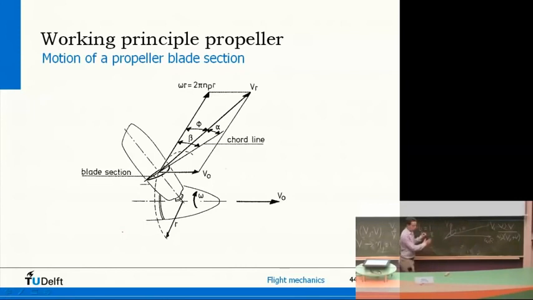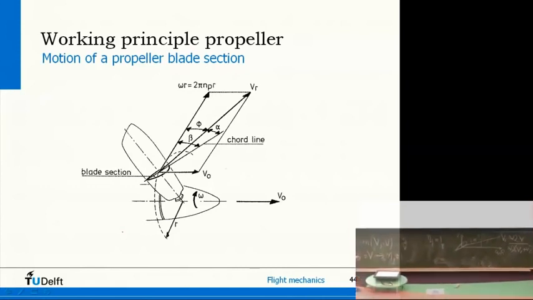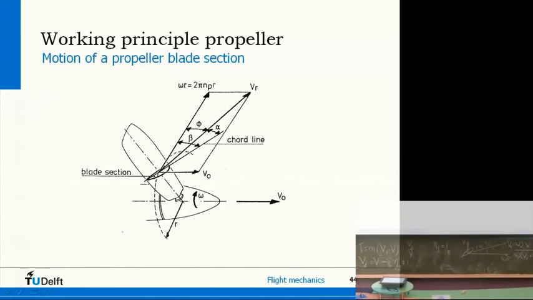The angle between the actual cross section and the total velocity is then the angle of attack of the blade section. And of course the angle with the horizon is what we call beta, and that's simply how you design the propeller. So that's a geometrical thing, an angle you've given the cross section. Now of course, because you have an angle of attack here, you get lift and you get drag.